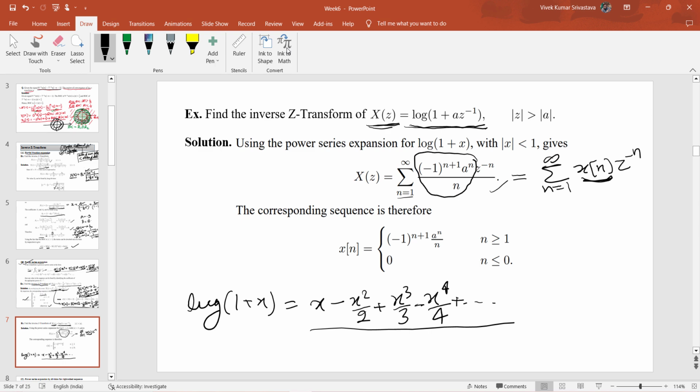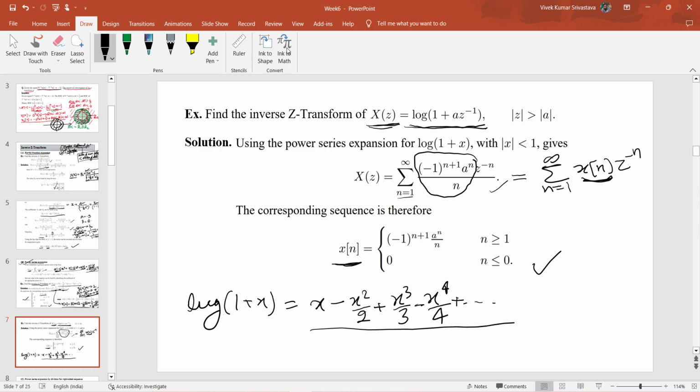Okay, so we can say that the inverse z transform of this X of z is written as minus 1 raised to the power n plus 1, a to the power n by n, where n is greater than or equal to 1, and 0 otherwise. Okay, so that's how you can determine the inverse z transform by using this